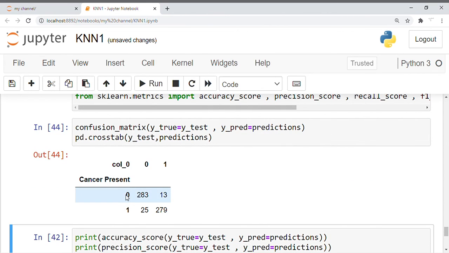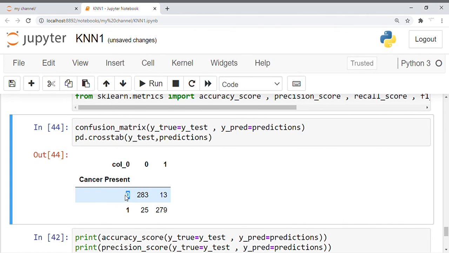You can see that actual 0, exactly classified as 0, it is 283. 0 classified as 1, it is 13. Okay, it means that there are 13 misclassifications, and 1 classified as 0, it is 25, and then 1 classified as 1, it is 279.